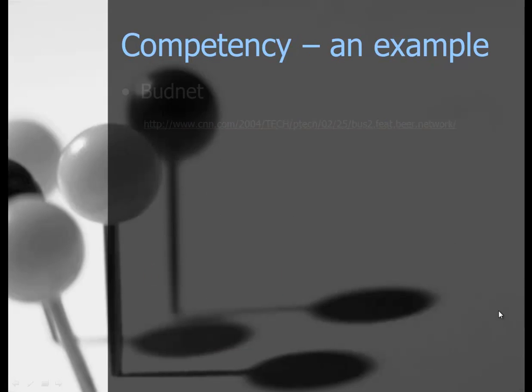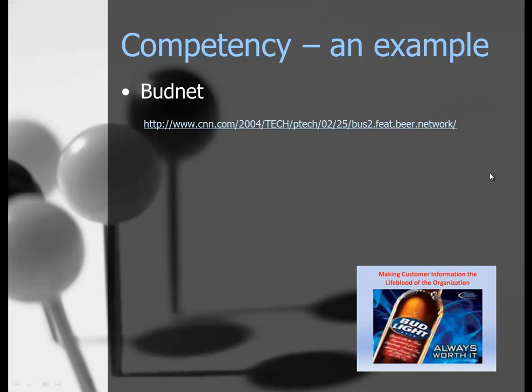So what does a competency or a distinctive capability look like? And the distinctive capability really needs to be something that allows your company to step ahead, to shine. An example of this is BudNet. And if you're interested in more detailed information, you can look up this website that talks a little bit more about BudNet. But what it is, is an internal software database that allows Anheuser-Busch to collect a tremendous amount